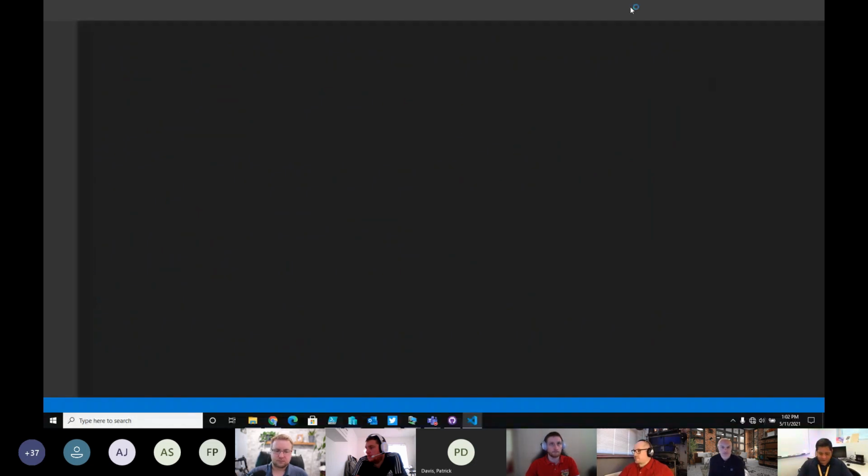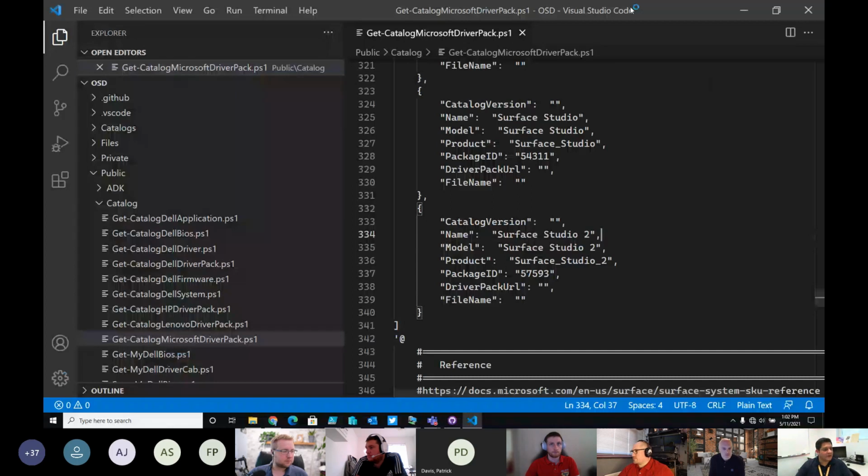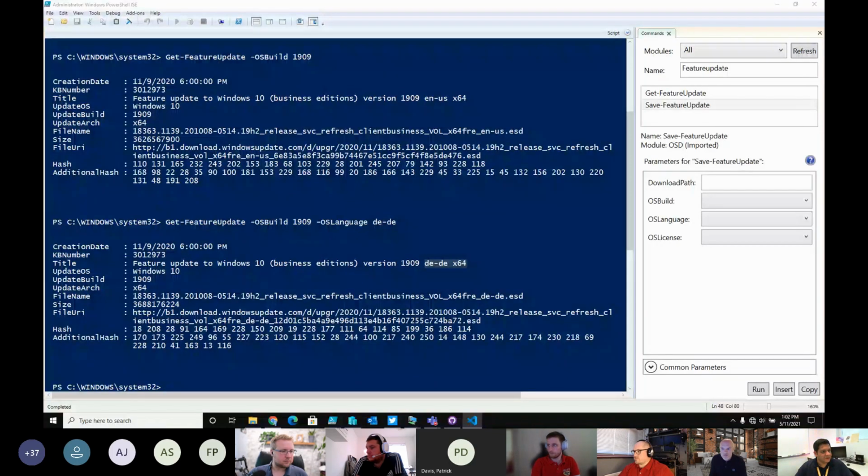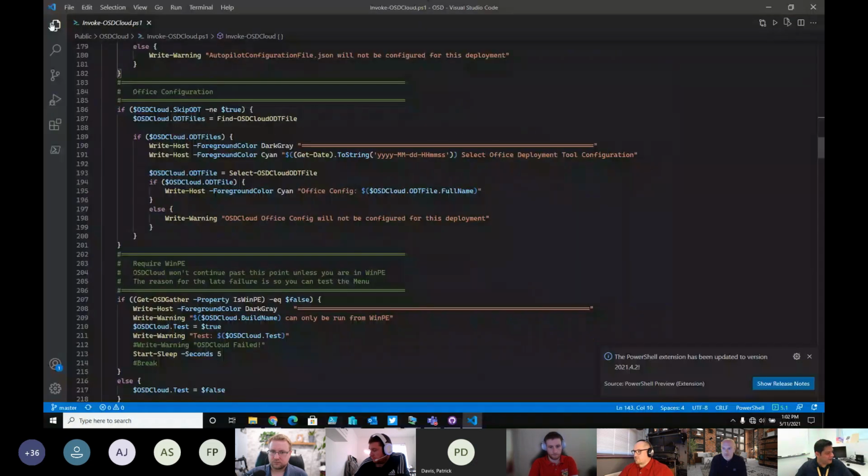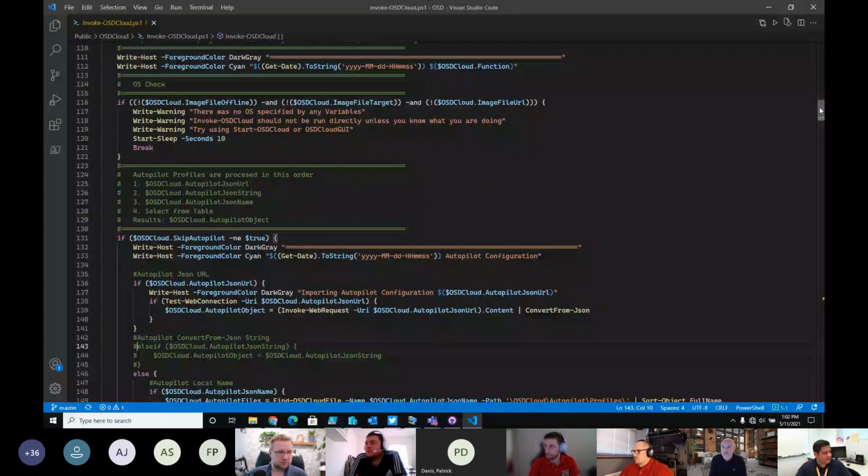I'll make this a little smaller. All right, I hope everyone can see this, and really glad I can share this out. This is Invoke-OSDCloud, so this runs the whole process. And again, you'll see it's very easy to take apart.